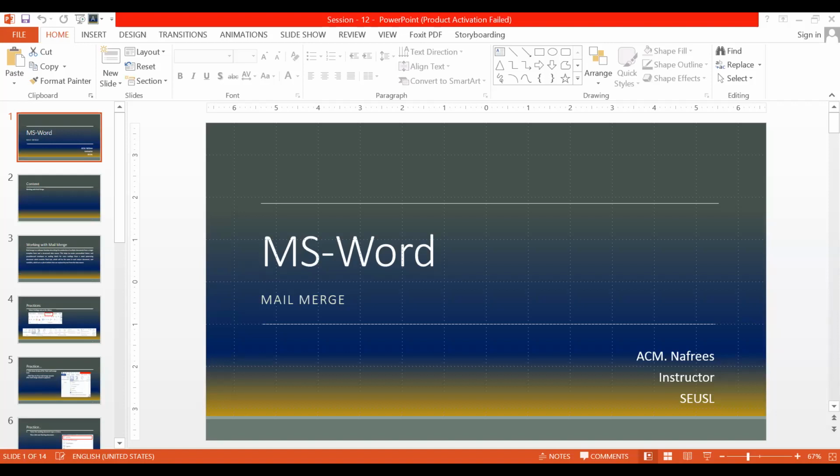0017. Which option is used to find the recipient?